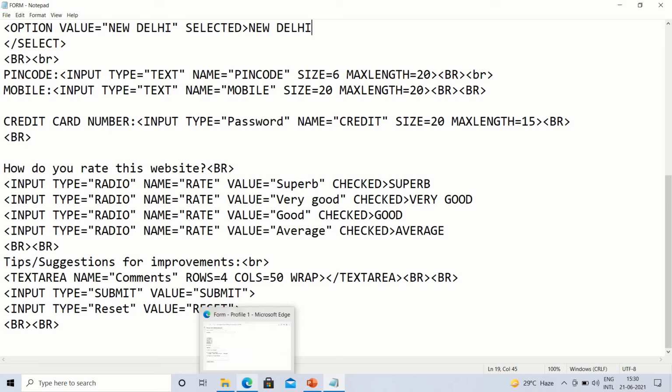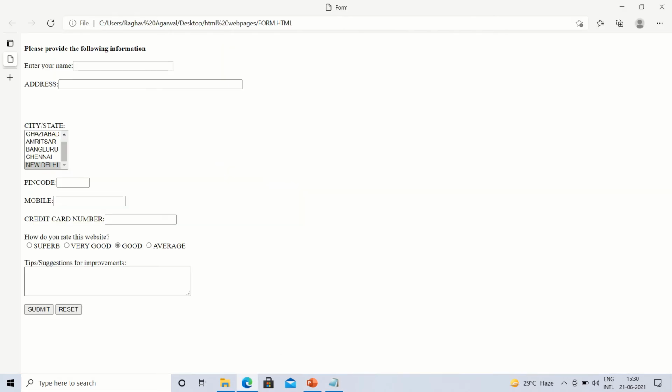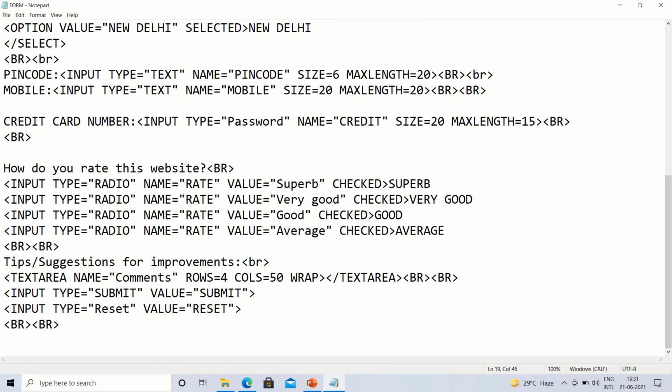Now see in the web page, what do we want? This kind of box. This is the box to enter the suggestions. For this purpose we use the text area tag, under which we give the name to this particular tag. Name equals comments and rows 4 and columns, the number of rows and columns which we want to have, and this wrap text feature is applied for this purpose. In text area, /text area can be given at the end.